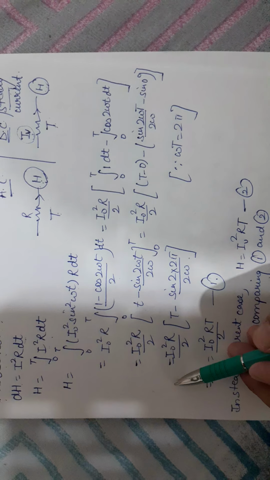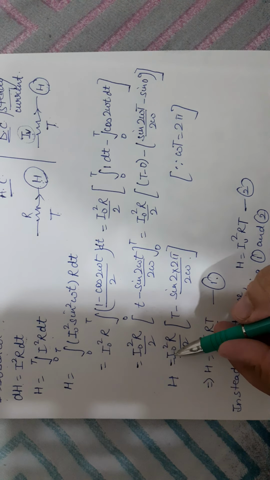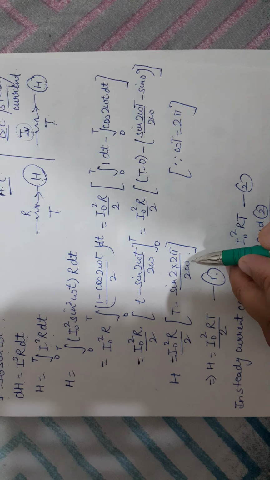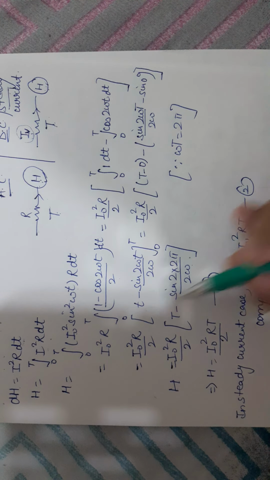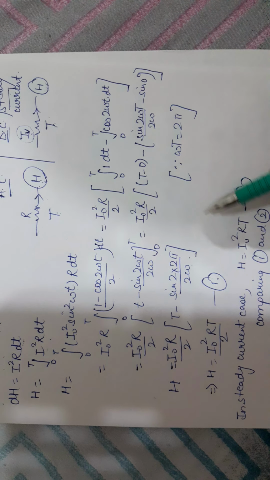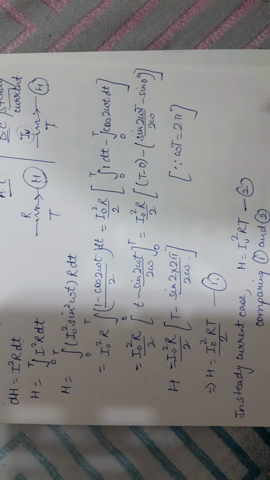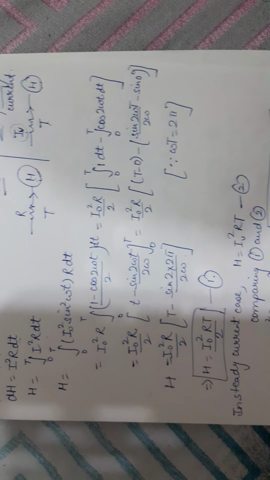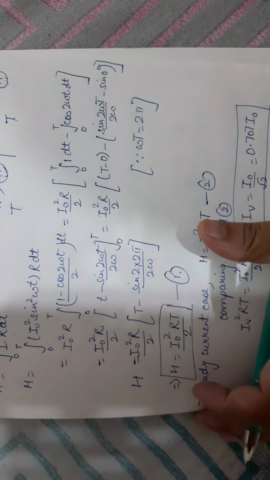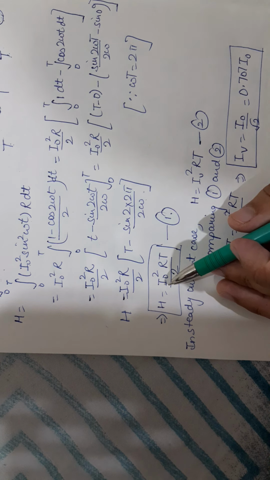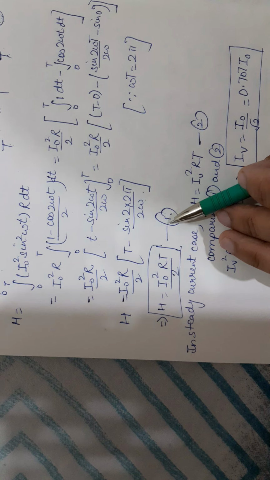that is, heat produced when AC is passed is I naught square R by 2 times (t minus sin 4 pi by 2 omega). Now sin of 4 pi is 0 because it is a periodic function, so after every pi it has to be 0. At sin 2 pi it is 0, sin 4 pi is also 0. So heat comes out to be I naught square R T by 2, where I naught is the maximum or the peak value of the AC current. Okay, let it be equation number 1.